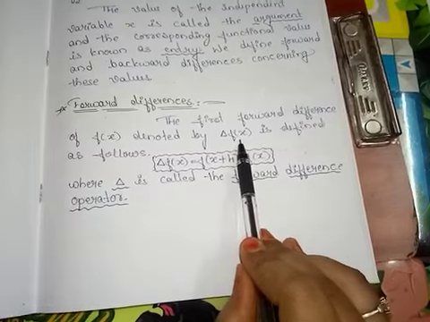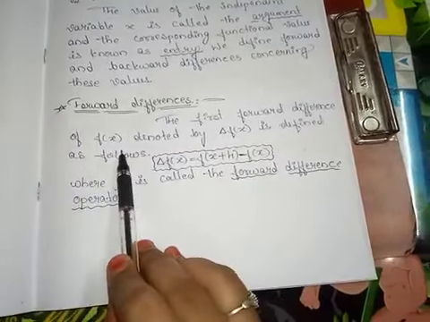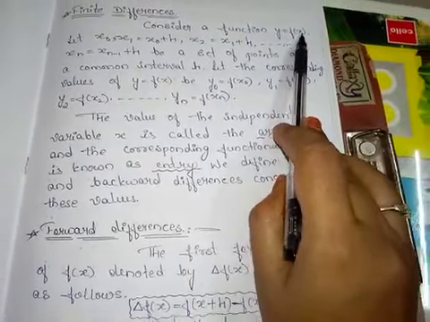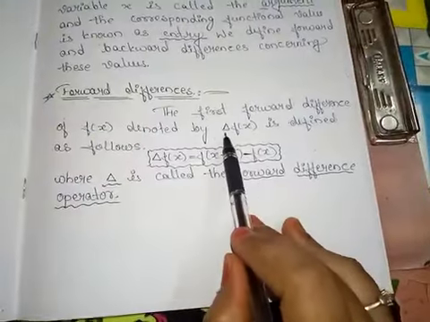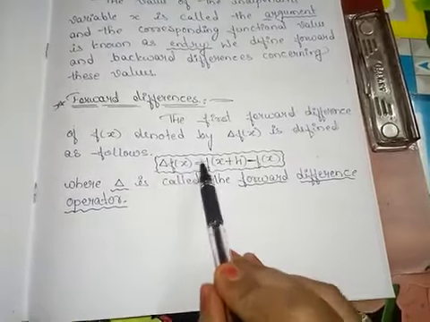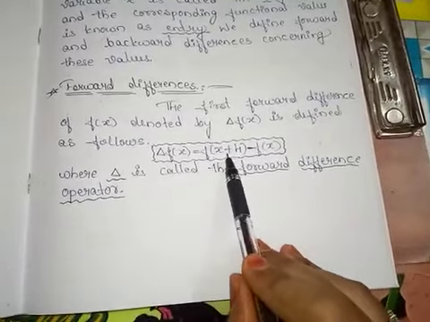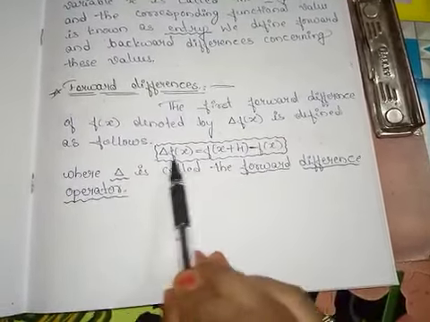Here delta f of x is what? First forward difference of f of x. It is defined as delta f of x is equal to f of x plus h minus f of x, where this delta